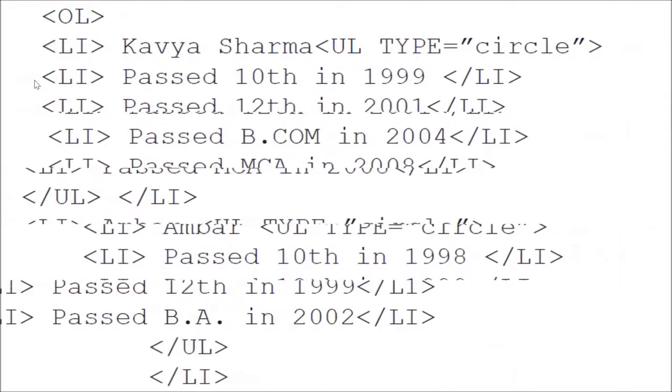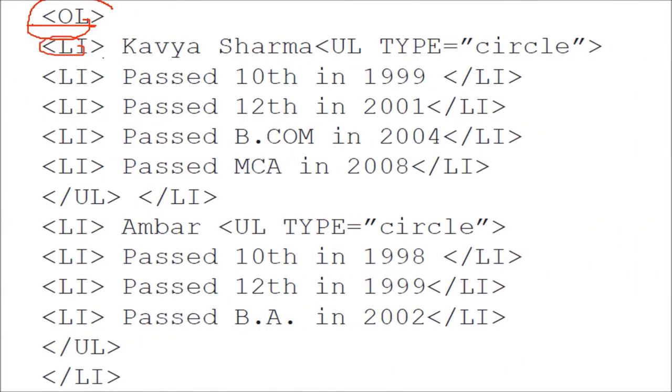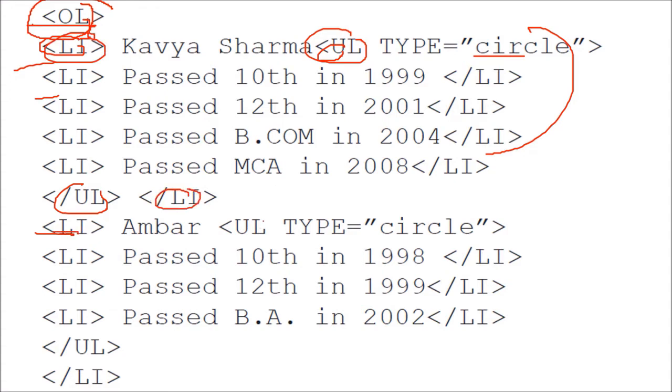Then inside this we are giving the LI, that is the list content. But here we are specifying that the list has to be of the type circle, meaning the circle should be shown. Then you have LI, then this has to be inside your UL. So inside the OL you have this UL, and UL will end here. So this will be an unordered list. Similarly, this list again, you have to end, okay? Then for the next list you have to start UL and you have to end the UL.